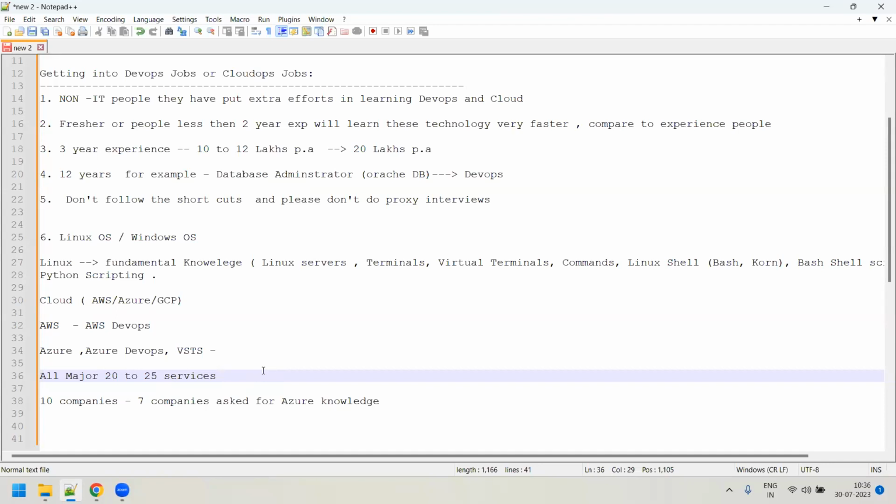And the second service in AWS is something like CodeCommit, CodePipeline and all, with which you can achieve pipelining in your AWS. Similarly, there is AWS Fargate, AWS Beanstalk, AWS Lambda, AWS VPC, AWS DynamoDB, AWS S3, AWS EC2, AWS Load Balancer, AWS EBS. Like that, whatever the fundamental services are, you need to be very strong in them, because when they start asking questions, they'll ask you about these fundamental services only.